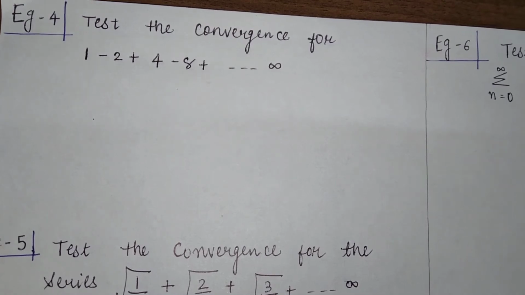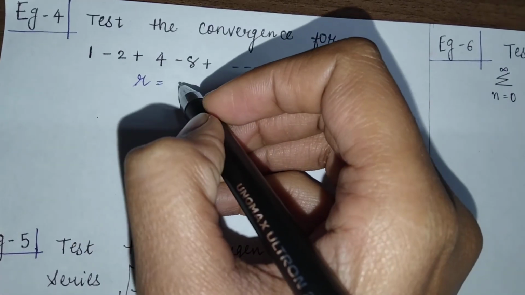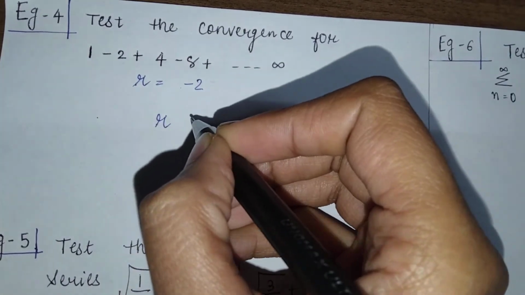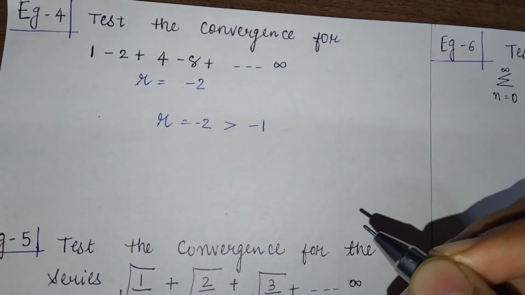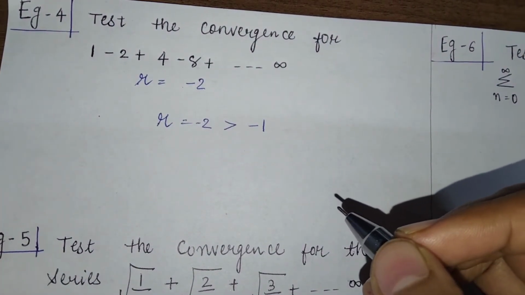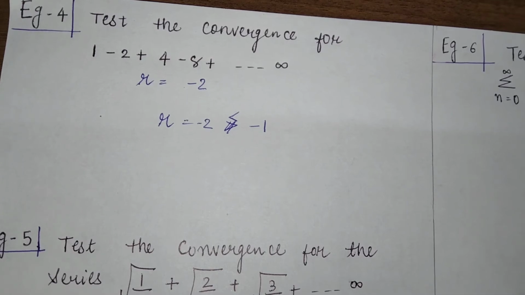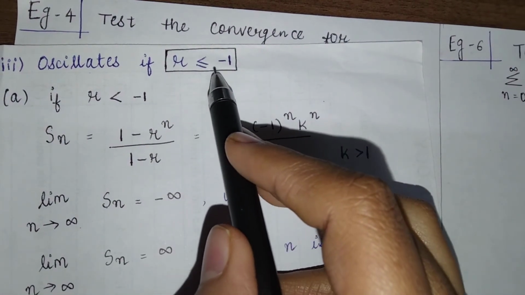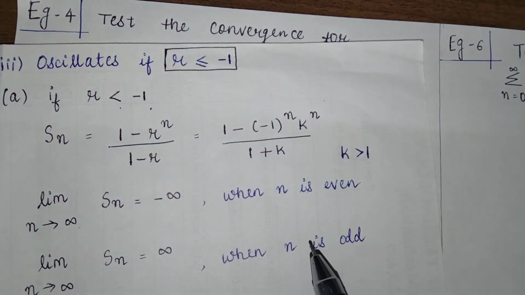Okay, again, if we check the common ratio, then its common ratio here is minus 2. Okay, but this r, minus 2, is less than minus 1. Okay, according to, we have seen further, 1 minute. Yes, we have seen here that whenever r is less than or equal to minus 1, that is whenever r is less than minus 1, then